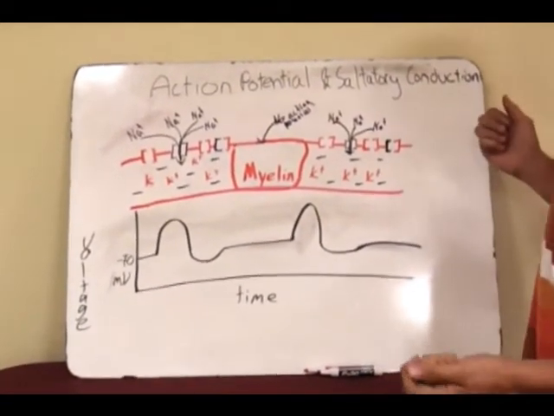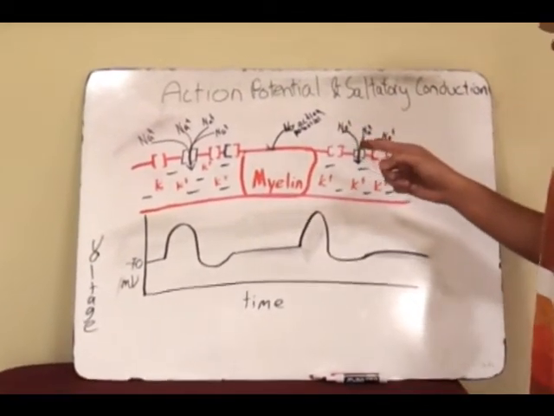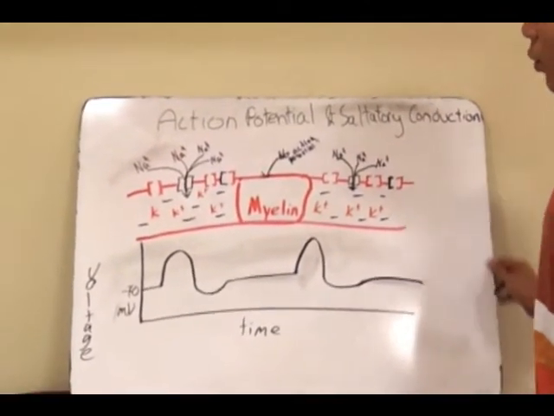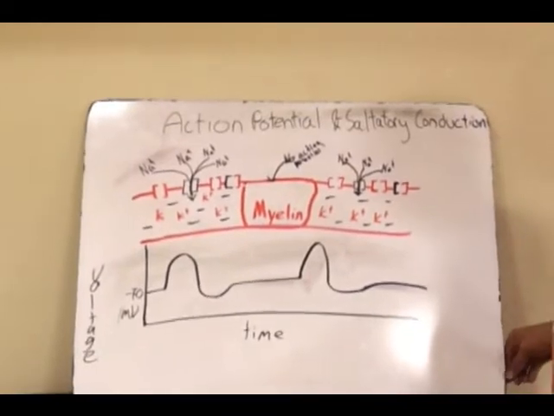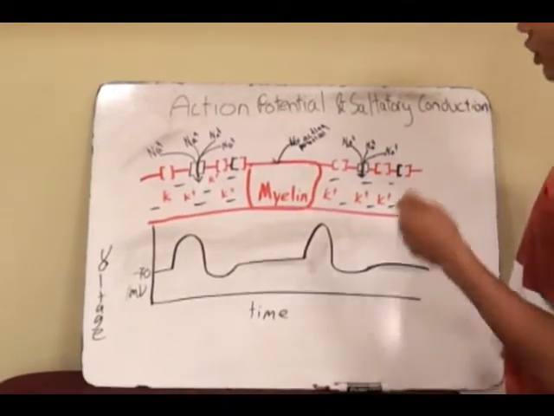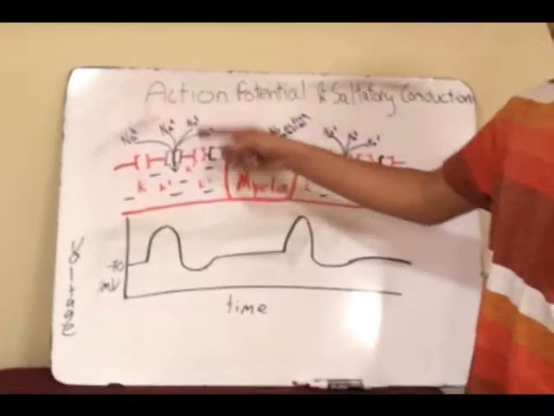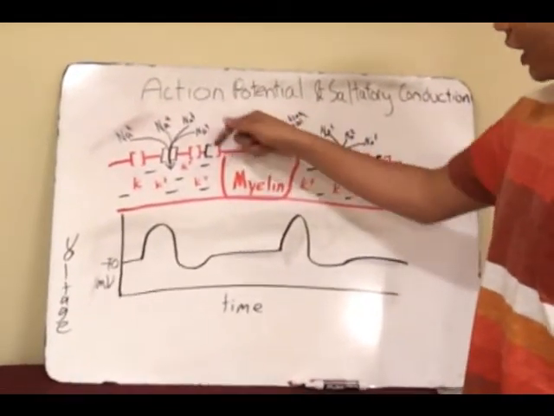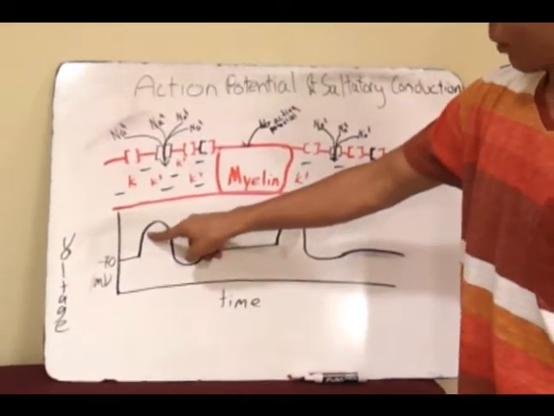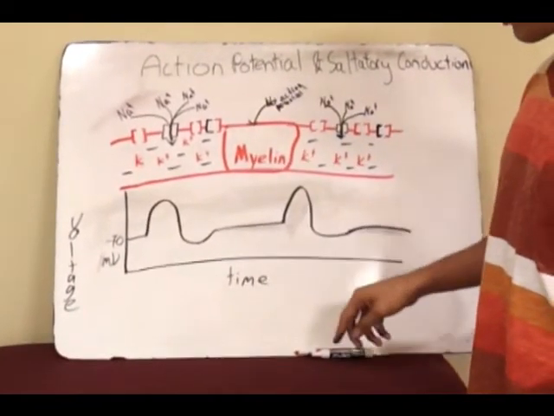And to talk about the gates, there are sodium gates on the membrane of a neuron. And when a signal is being passed and the neuron gets excited, the sodium gates are opened up. And as you can see here, I drew arrows showing all the sodium ions going into the neuron. And that makes the graph spike up, becomes really positive as more sodium rushes inside the neuron. And that is what makes the signal.